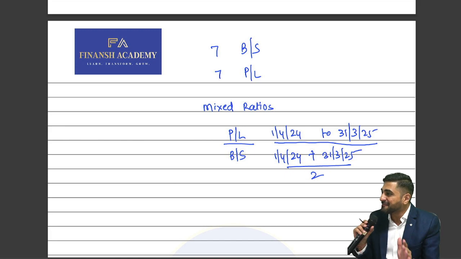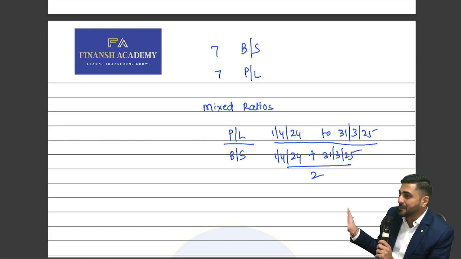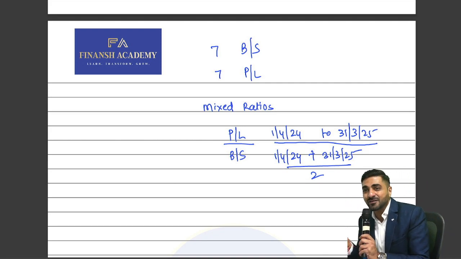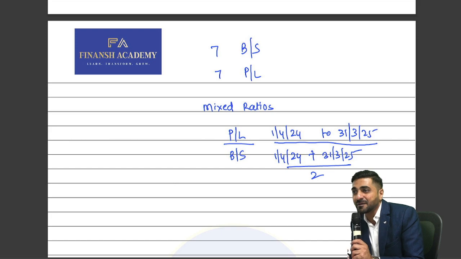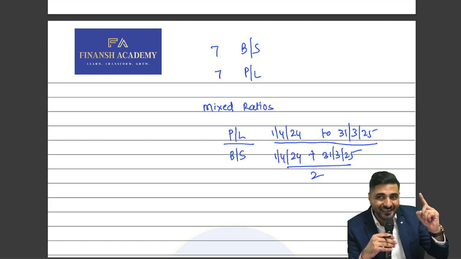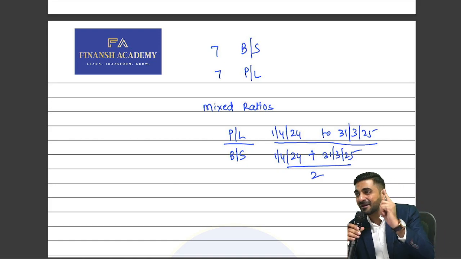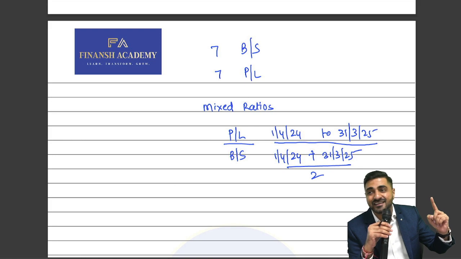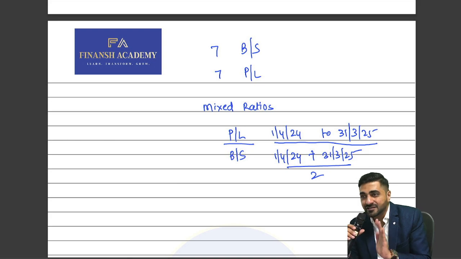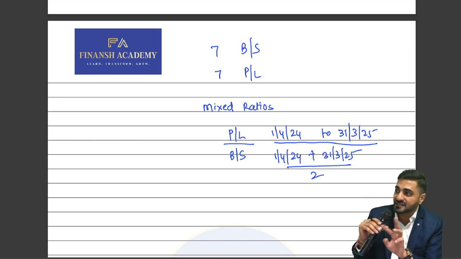But whenever you see a mixed ratio, P&L comes in the numerator, so it's a full 1 year figure. And the denominator only comes from balance sheet. So balance sheet we can't prepare for a full 1 year. It's a financial position as on a particular date. So is there any need to adjust the timing difference? Yes, sir. By taking opening and closing, dividing that by 2, will that give you the average? Yes, sir. Okay. So in mixed ratios, when the opening figures are given to you, we will always take the average.